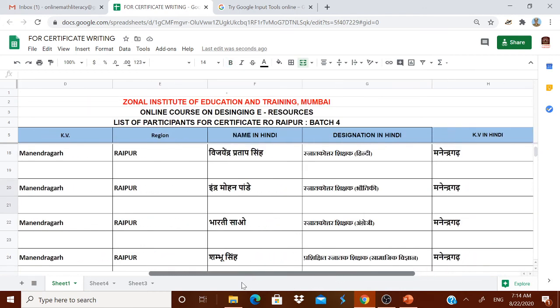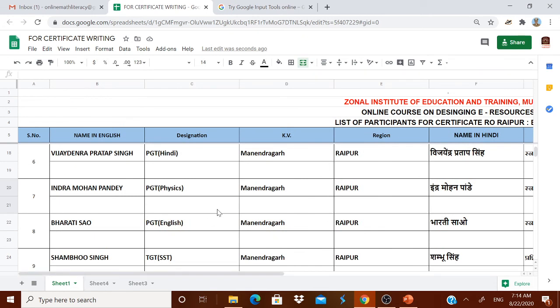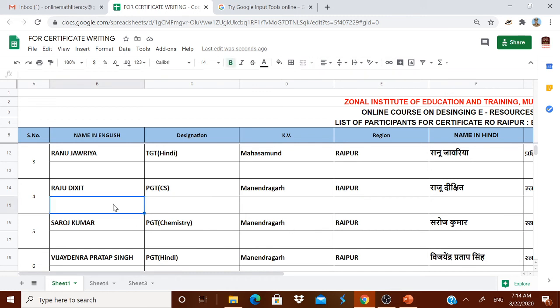Then no need to do any saving. This Google Sheet will get saved automatically. After your checking is over, after writing checked in the remarks column, simply close this file. Automatically it will be saved. Please don't try to do any changes in any of the entries of this sheet. Do the changes only in your name. If there is no change, please put a hyphen.